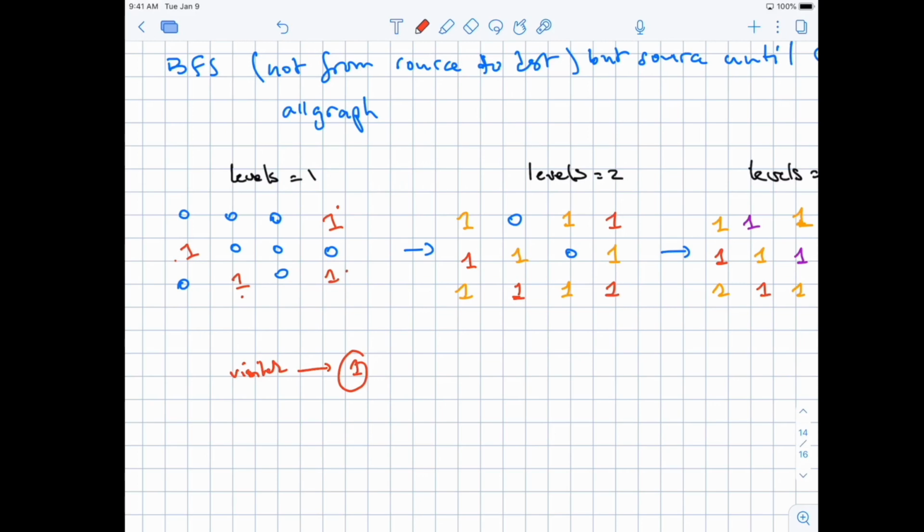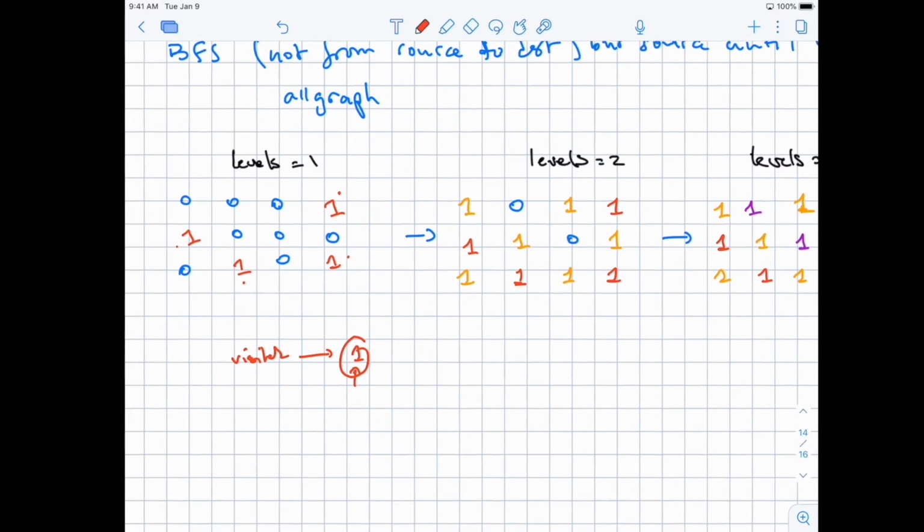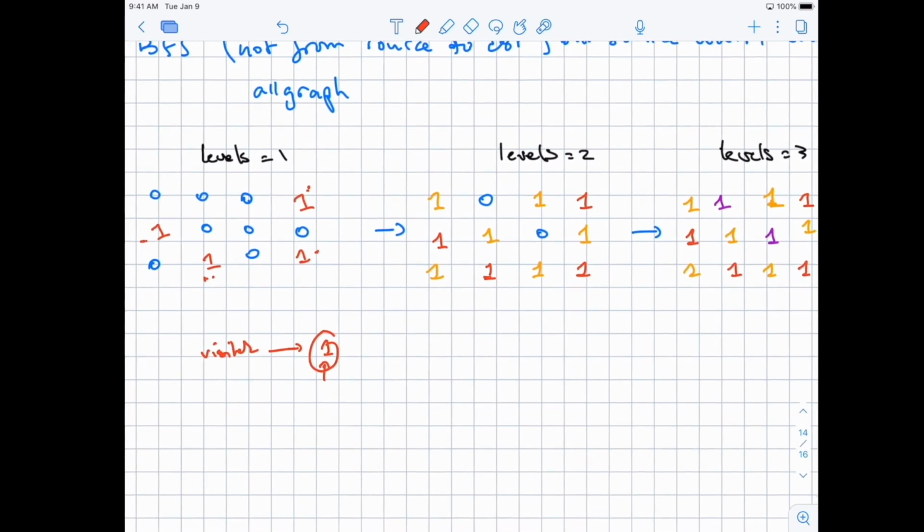Because in the first place, we make all the sources 1, we already saved those. And so if we mark those with 1, it's going to serve that when we check a neighbor, if it has a value of 1, we are not going to include it in our level, because that means it's already visited, right? So we'll mark with 1 to mark visited, and I just did it here with different colors to show you. So for the first level, we just have these in our BFS level, and then for each of them,